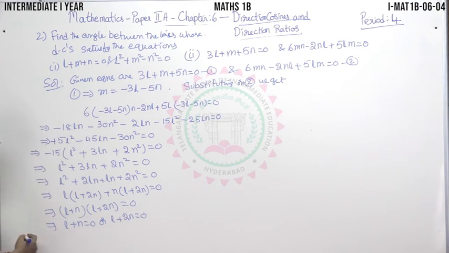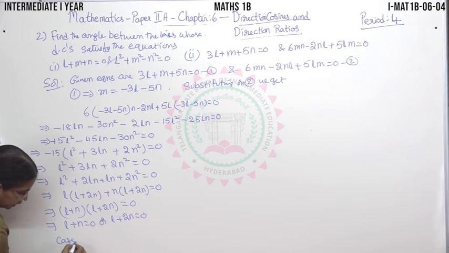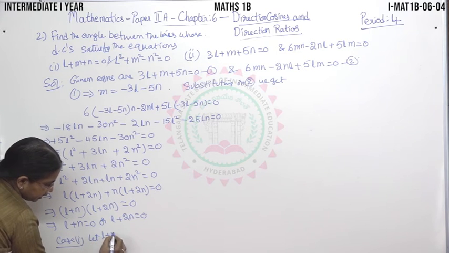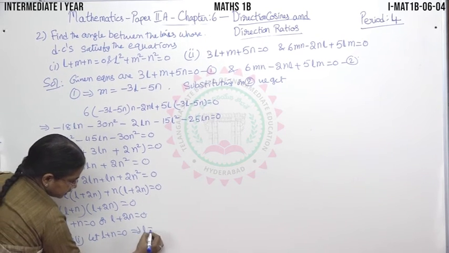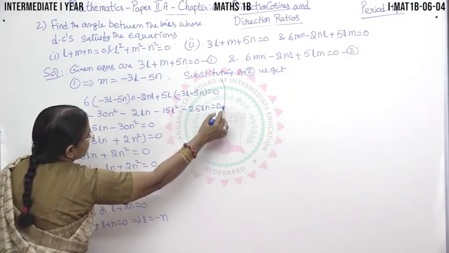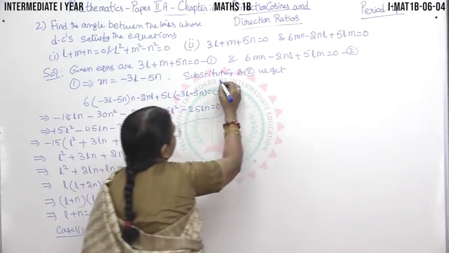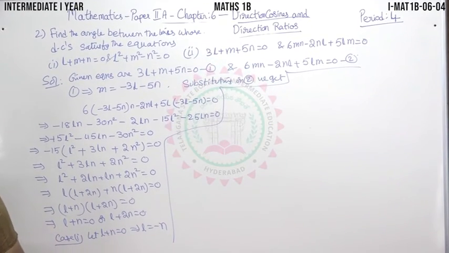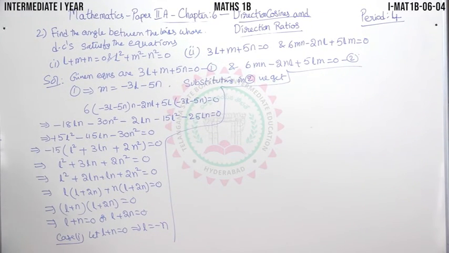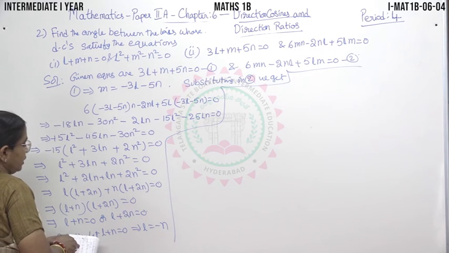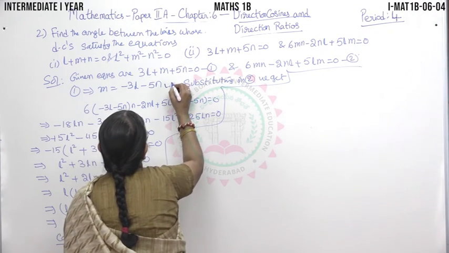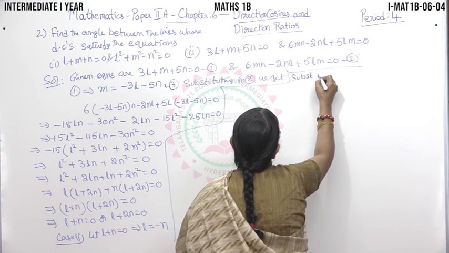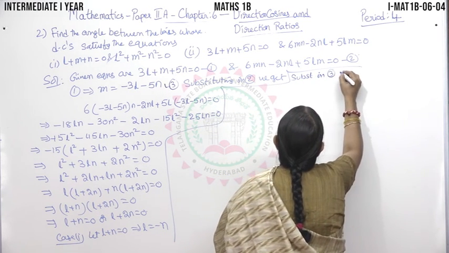Now we'll take case 1, like in the earlier problem, same procedure. Suppose that l plus n is equal to 0. So that means l is equal to minus n. Now we'll find out in the third equation. We'll substitute in this equation. So we'll number this as 3. Substituting in 3 we get